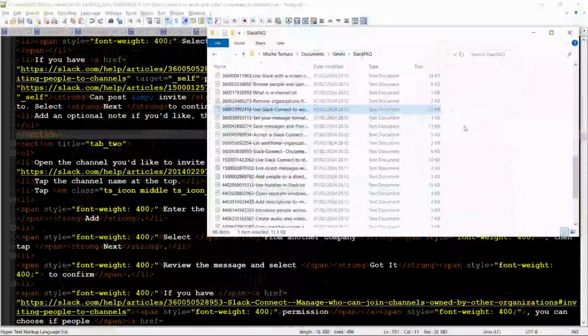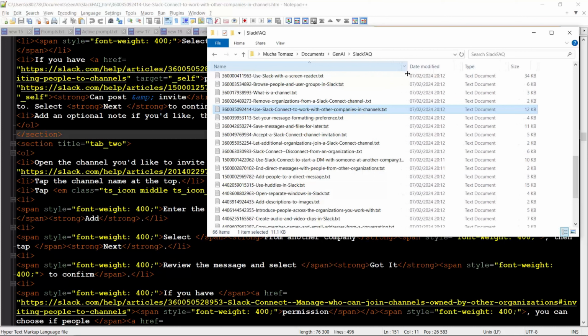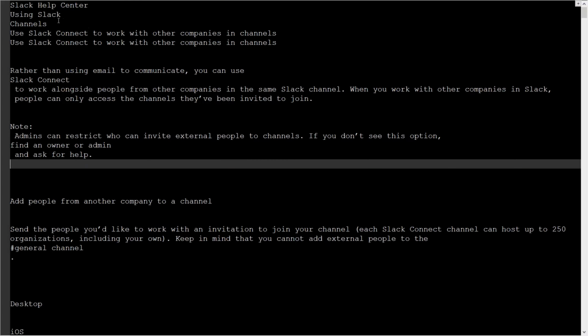So what I have done is I have extracted some of the key parts of these files. Here is a list of TXT files that correspond to individual pages on this Slack Help Center, but I have extracted only the key text content, or at least most of it. Let's have a look at the same page that we investigated a moment ago. Here you can see that this is much cleaner